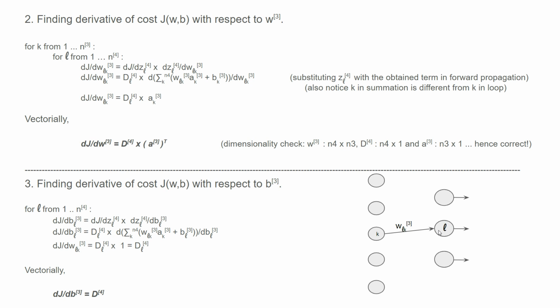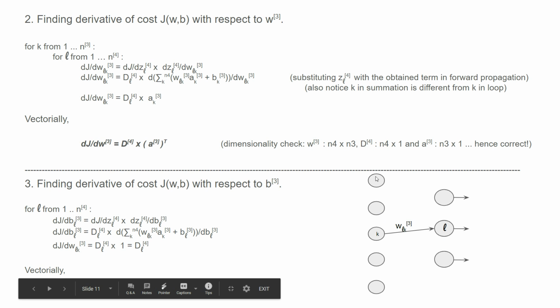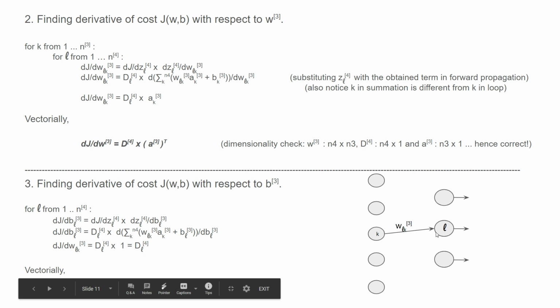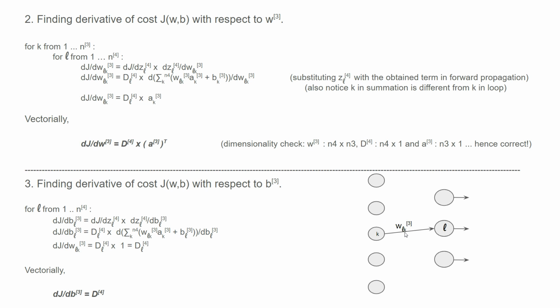Zlk is obtained from the summation of all the weights and the corresponding multiplication of A3. Then we get Zl. Therefore, when we differentiate with respect to Wlk, with all the multiplication of A3 and W's,